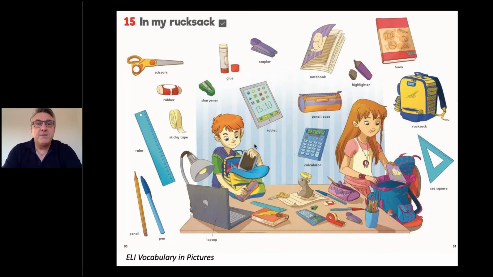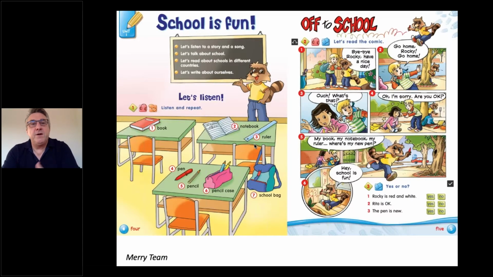So again, I could go back to that page and they can identify book and notebook and ruler. This is all vocabulary, of course. I can do questions like, is there a book? Yes, there is. The book is red. Yes, true. The book is blue. No, false. So either students could tell you, or you could do this thing where you can make statements. All right, get my pen here. And you could get the students to make true.